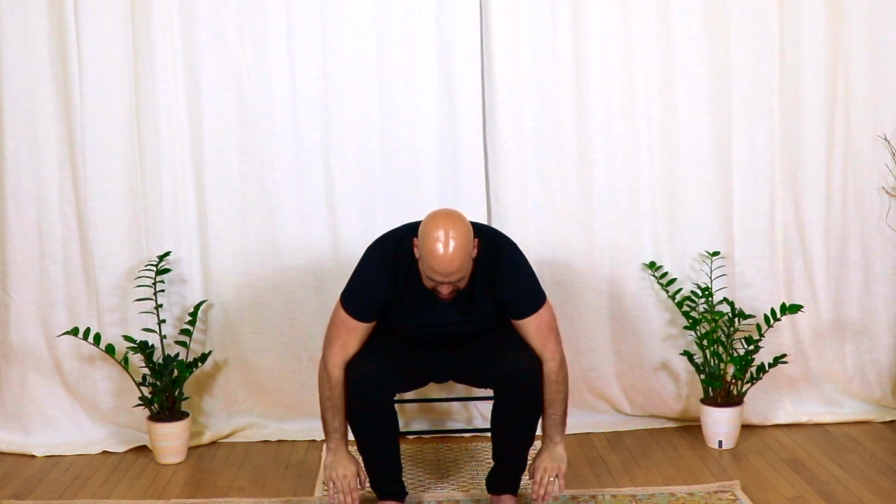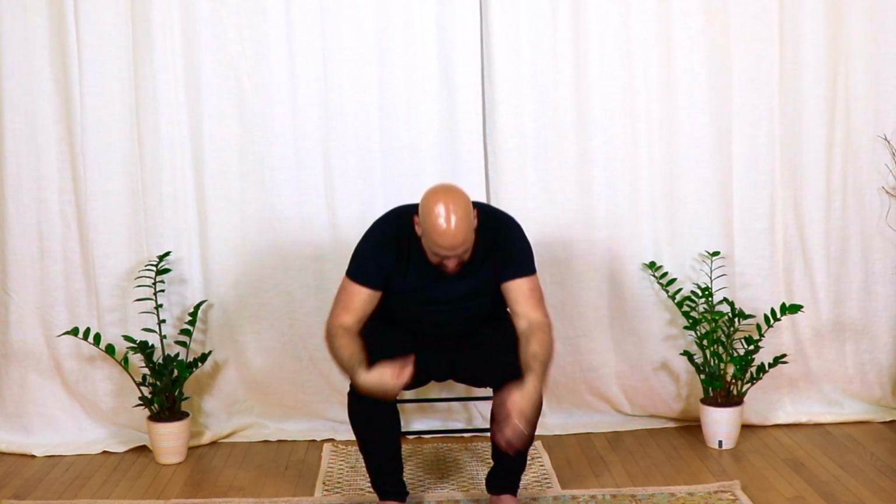Inhale, turn forward, palms together. Exhale, hands to your heart. Inhale, sweep the hands up, palms together, lift and lengthen. Exhale, fold forward. Hands can come down to the ground on sides of the feet, or you can bring your